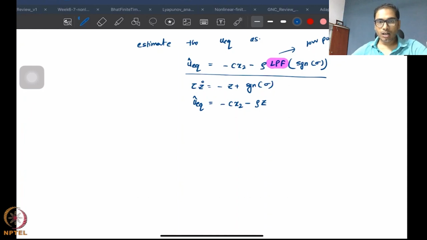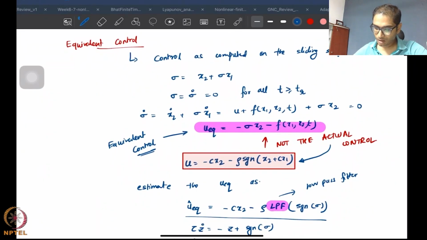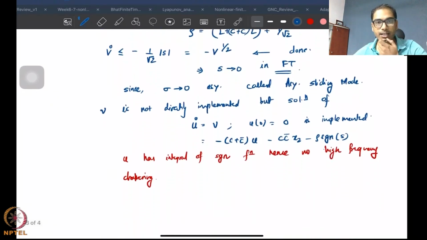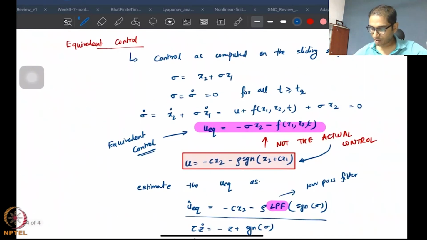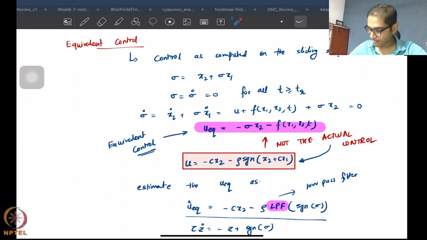Hello everyone. Welcome to the final lecture in this NPTEL course on nonlinear control. So we were looking at sliding mode control, and we looked last time at a way for chattering attenuation, right? And after that we started to discuss the notion of equivalent control. What is equivalent control? It is basically the control that you obtain from the fact that your sliding variable goes to 0 in spite of the disturbance beyond a certain time, right?